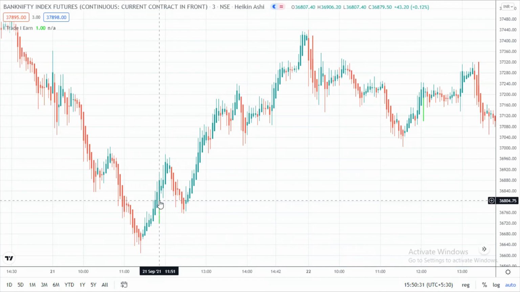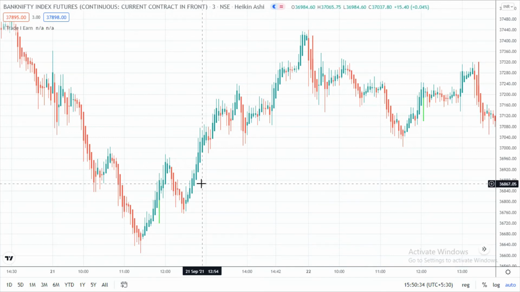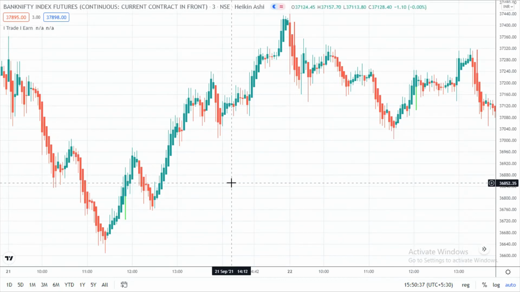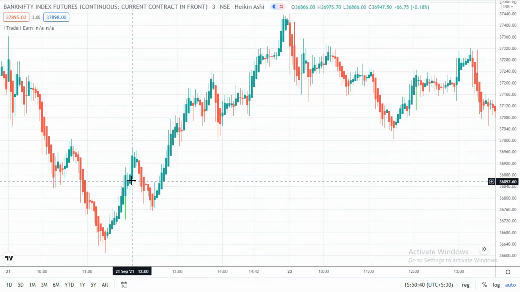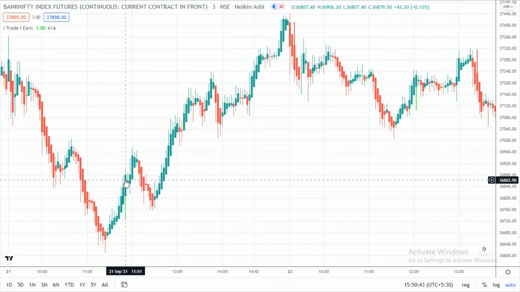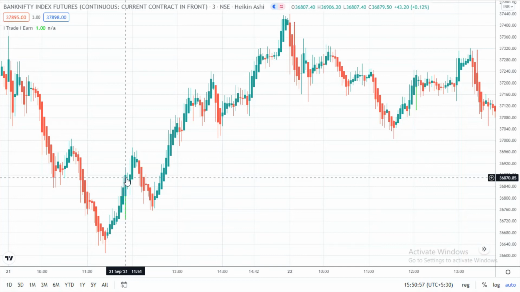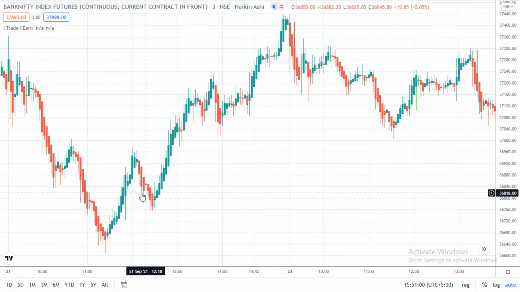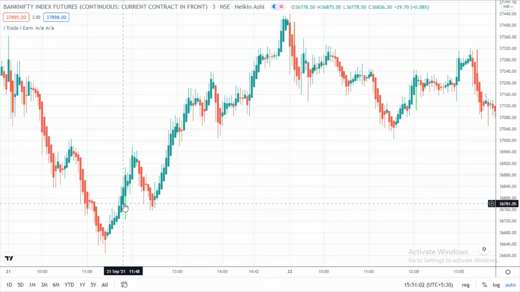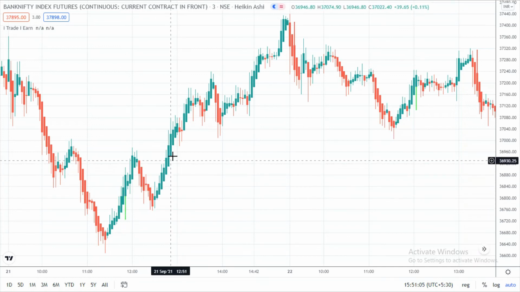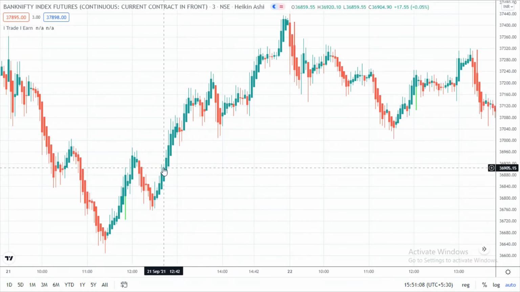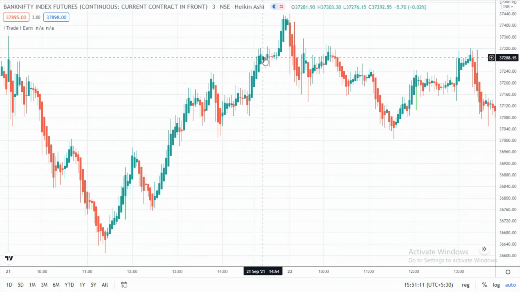Here also on the 22nd we bought at this candle at 11:48. We got a buy signal, and we buy on the next candle, whichever candle closes above this candle, that means here. But it went down here because our stop loss was on the previous candle, so it executed. Again it went up, and see where it went, almost again a profit of 200-300 points.